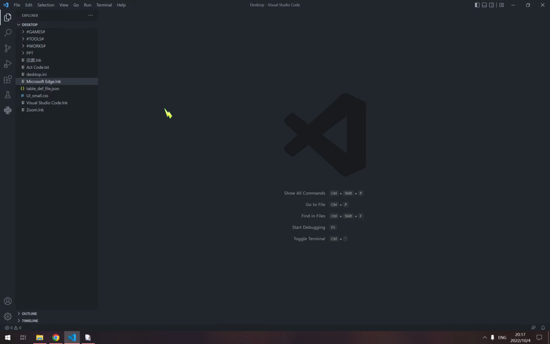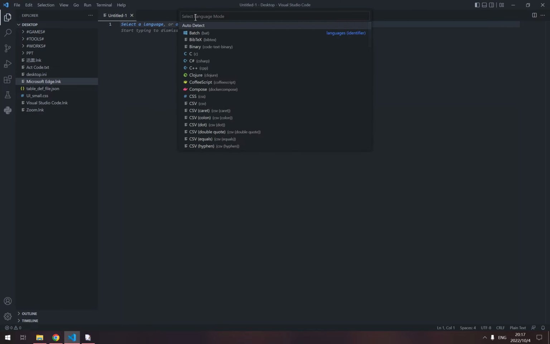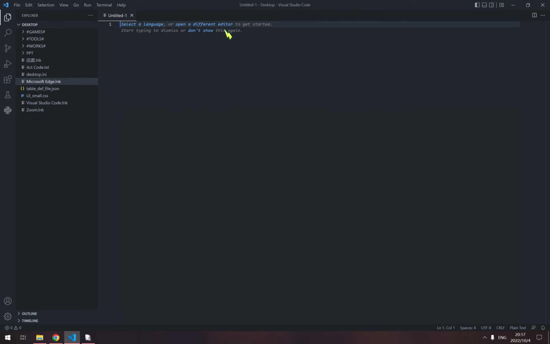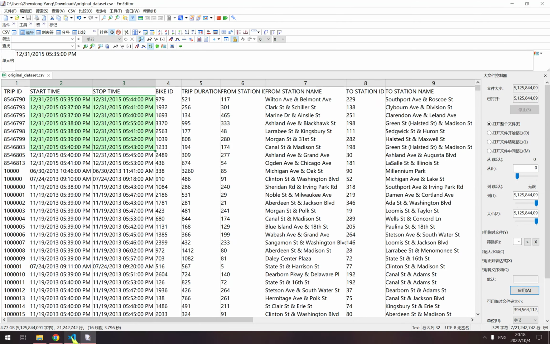So in Python, first we create, say, a Jupyter notebook so we can preview the result. What I'm going to use is pandas. So import pandas as pd, and we read the